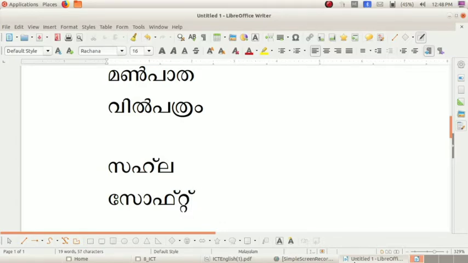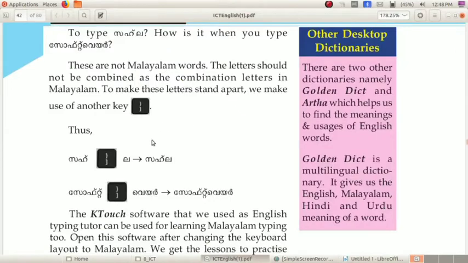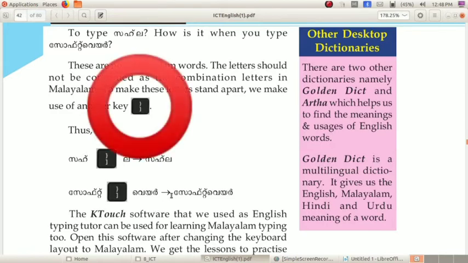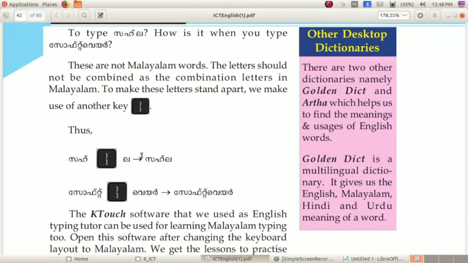Next word is where. While I am typing V, see, it comes like this. So for avoiding that, we can hold the closing square bracket. After that, you can type where. Software. Sahla, software. Okay, so this is the key that we can make use of to avoid the combination of letters in Malayalam.